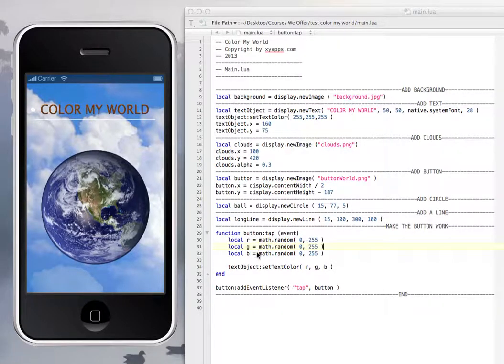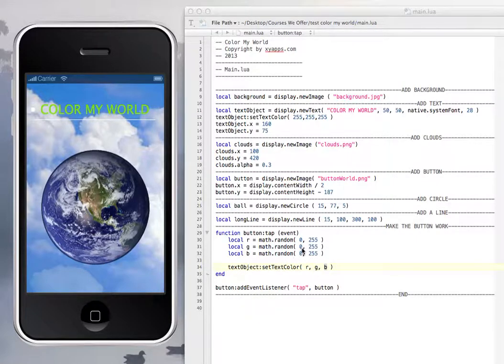And then this 3 will choose a number between those, and then the resulting numbers will be here. So the resulting number for R will be set here, and then this one for the G and this one for the B, and whatever these 3 combination of numbers, that's the color that you're getting here. So sometimes you get blue, sometimes you get green or red or brown or whatever color,